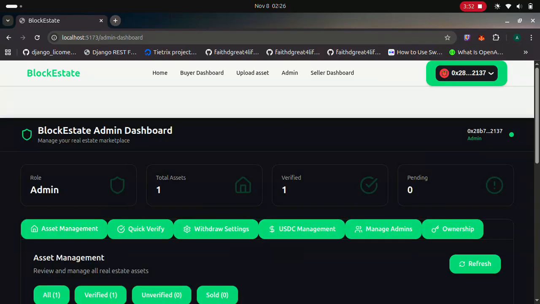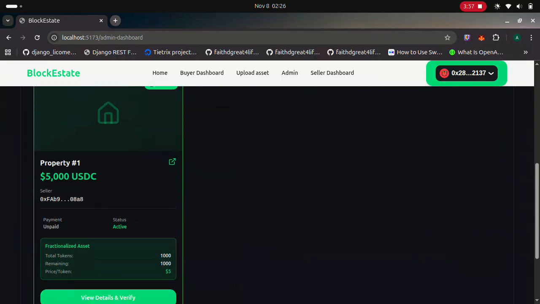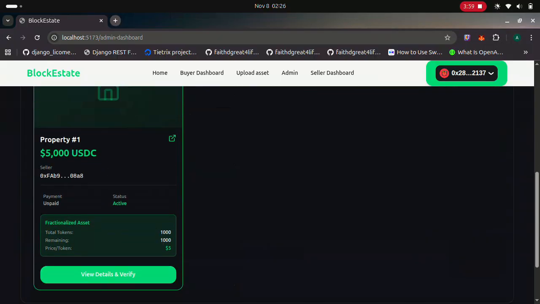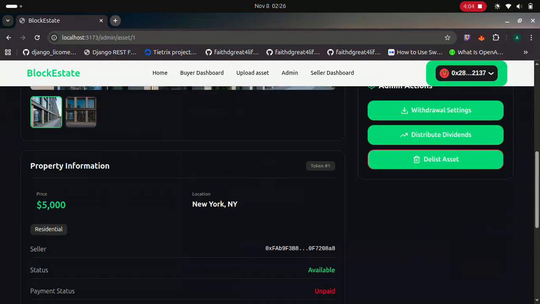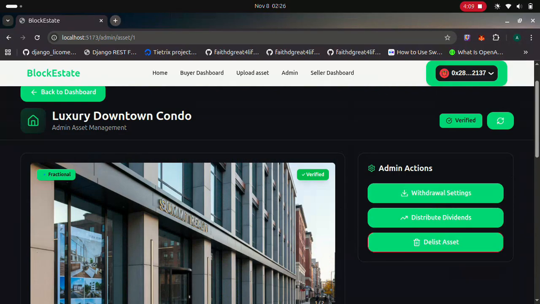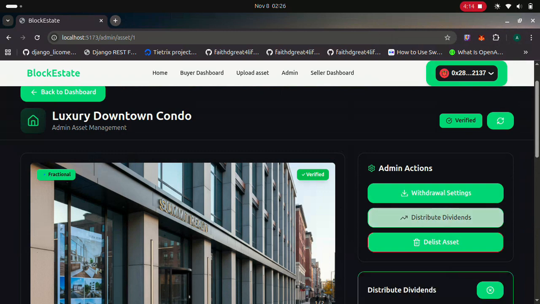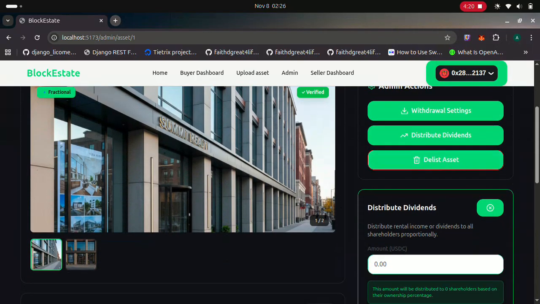Then the admin. The admin gets to manage assets from his dashboard. So he sees what's happening in a particular asset, reviews the details of an asset, and verifies. If you notice that this asset has already been verified, so the verify button is absent for an admin. So what is available here is distribute dividends. So assuming this asset now has yielded about $1,000 in the past 4 months, it just comes here, puts $1,000. You see,